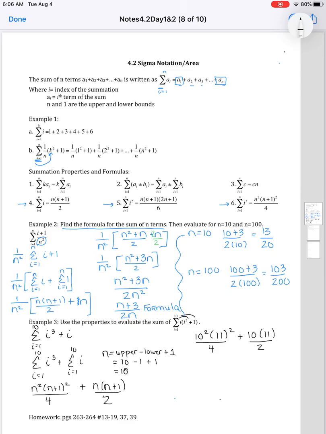So now I sub it in. So I have 10 squared times 11 squared over 4 plus 10 times 11 over 2. This first term is 3,025. Second term is 55. And when I totally evaluate, I get 3,080 for that one. So again, these are the key formulas that you're going to be using. You just have to figure